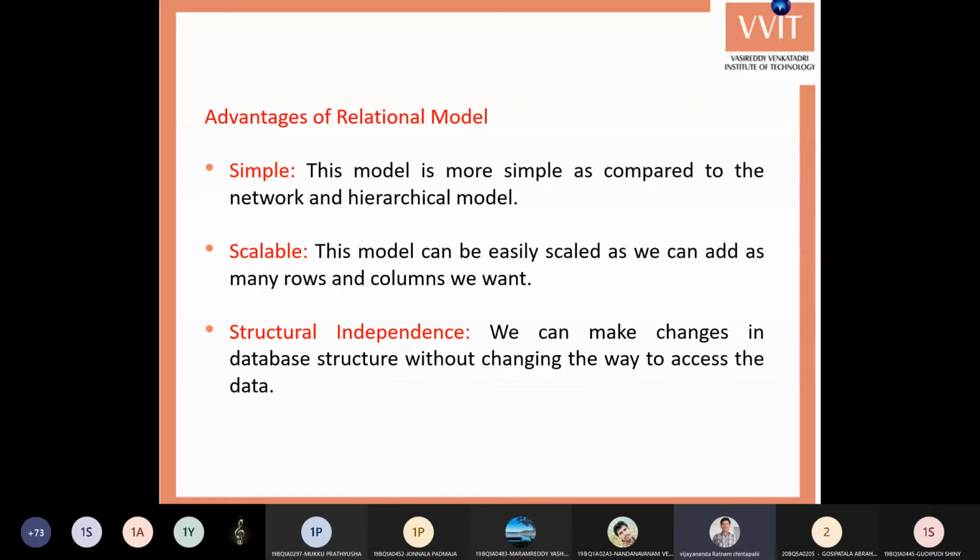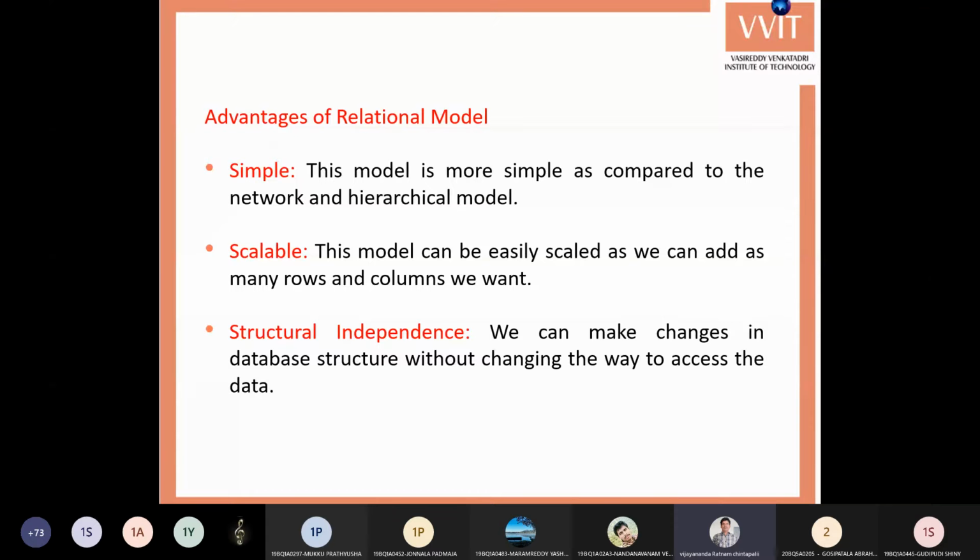Okay, do you follow? I hope everybody understands these advantages of the relational model. One is that they are simple, and next you can increase the size of a table at any point of time, that means as many rows as we want, and it also achieves structural independence.